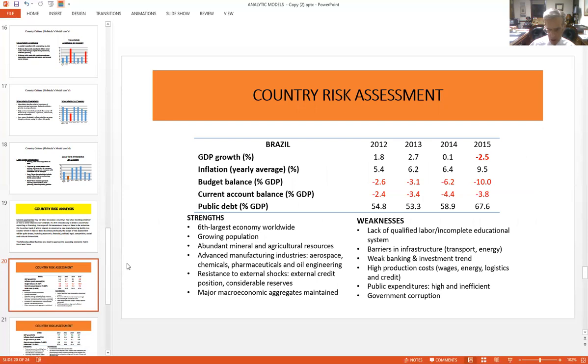And it simply took a look at the economic variables that influence business in various countries: GDP growth, inflation, the budget balance, which affects the ability of banks to support businesses, the current account balance, which influences countries' willingness to permit fluid imports and exports, and the public debt as a percent of GDP. You can read these strengths and weaknesses. I'm not going to go over them,